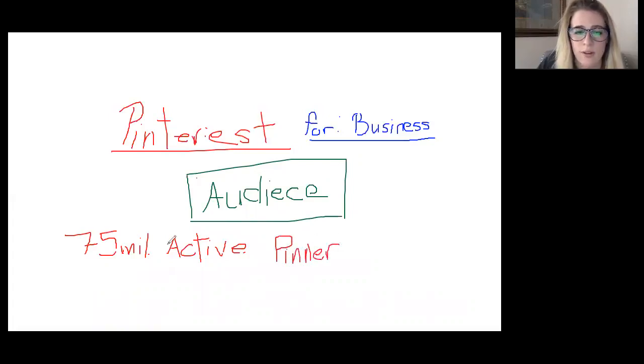So there's 75 million active pinners per month right now that are located in the United States out of the approximately 200 million that there are, which means there are 100+ million outside of the US. This is maybe not the easiest thing to use, but you get the general idea.